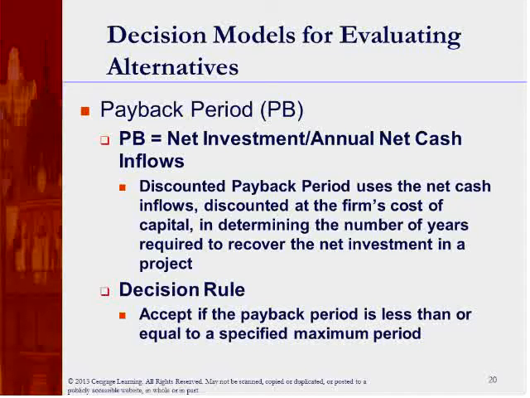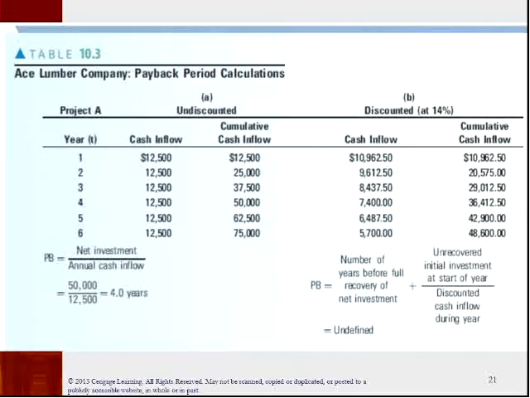Now we come to the most interesting of all the methods. It's called payback. Payback is by far the easiest and the simplest method of capital budgeting. Now what do we do here? It's actually pretty simple. For example, this is an annuity. You take the initial investment and divide it by annual cash flows. You get 4 years.